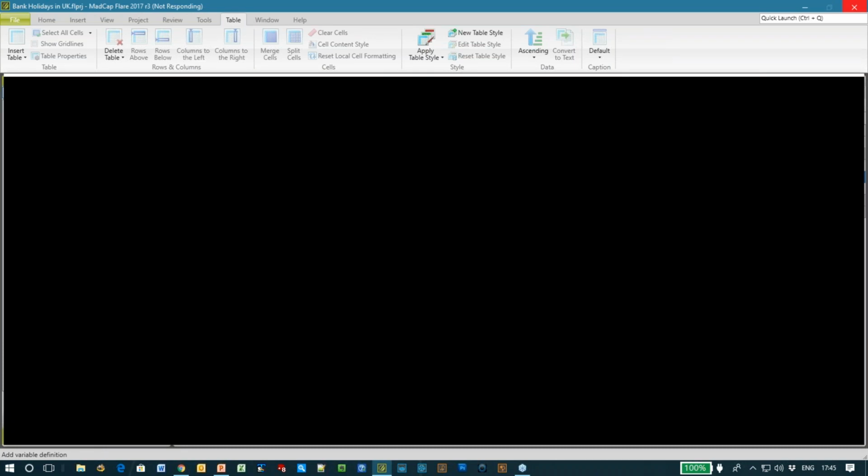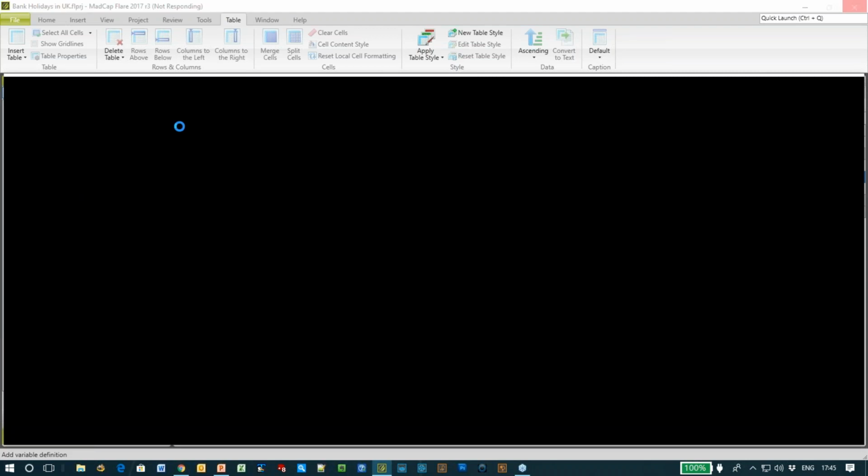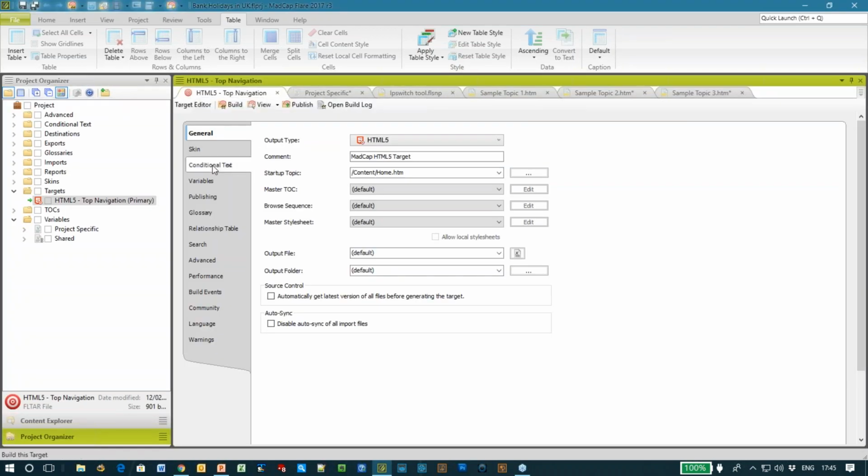By the way, I need a new laptop, and I'm going to be getting one very soon. I promised myself I'm going to be buying a new laptop this month. This one is 5 years old and it's running a little bit slow, particularly when I open a target.